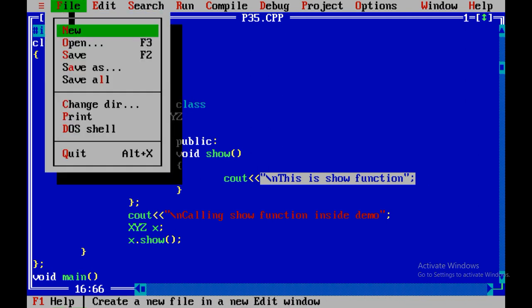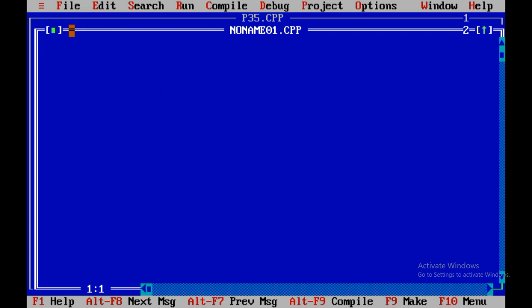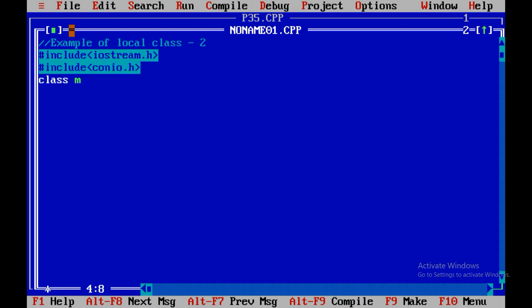Let us take one more example of local class. This is program number 2 based on this topic. iostream.h and include conio.h, class mark.